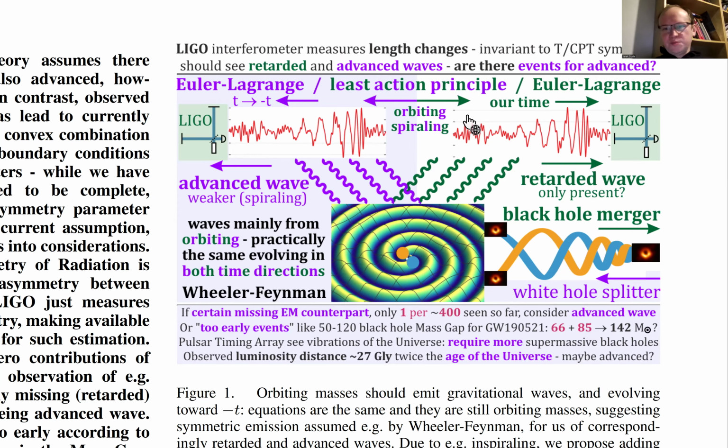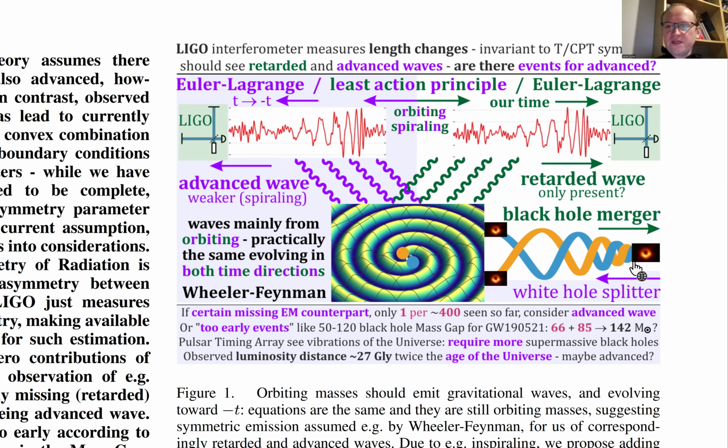So in theory, LIGO could see both the standard retarded wave, but why shouldn't it also see the advanced wave? Not exactly, but with a close chirp. The question is, LIGO just measures length, so in theory it should be able to see both. The question is, are both created? In Wheeler-Feynman, it is assumed that they have the same contributions, one half of each. However, for example, the spiraling masses are not just orbiting, they spiral losing energy, so the retarded waves are dominating. So there is asymmetry.